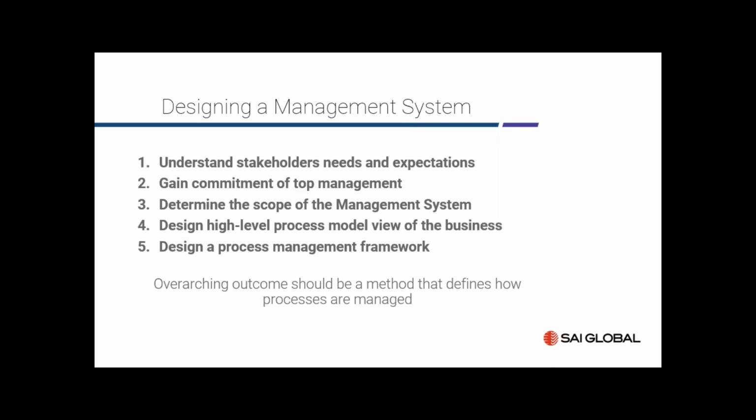Part 3 there is determine the scope of the management system. This is about knowing your business. Who do we serve? Where? What facilities? In what states or territories do we operate? It's also about identifying what risks are particular to this organisation or to this sector. Are there any opportunities specific to the sector or to the product or service that you supply? It's about setting limits, saying what's in and what's out and understanding why.